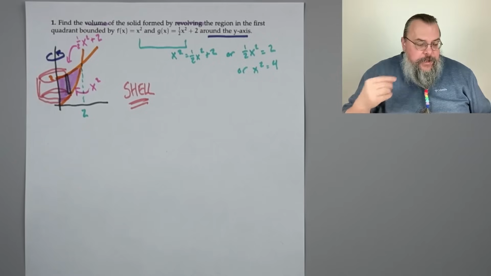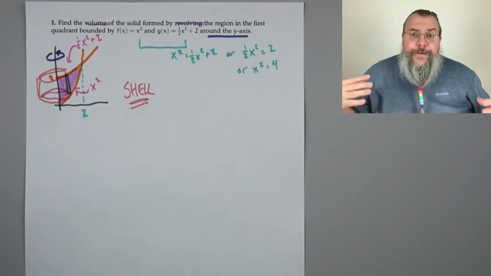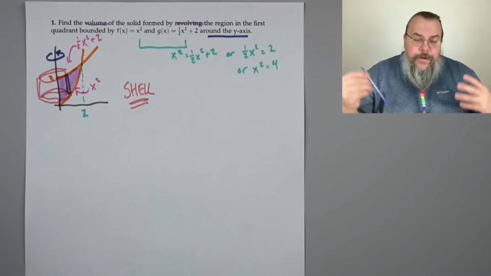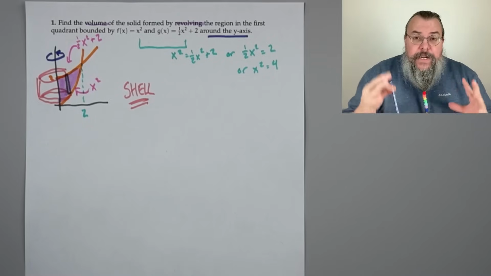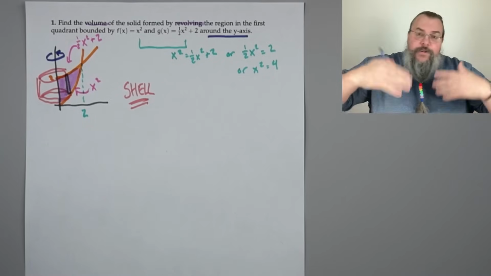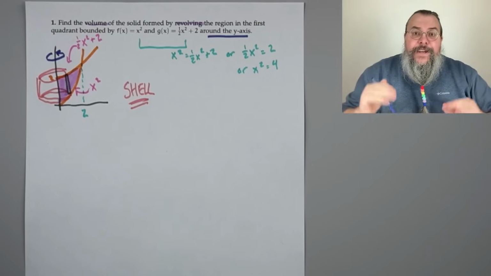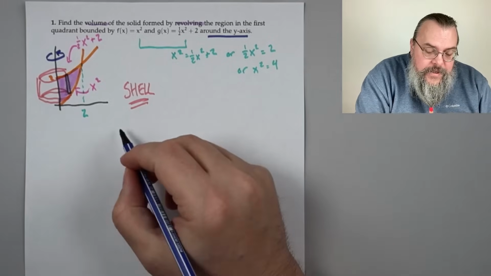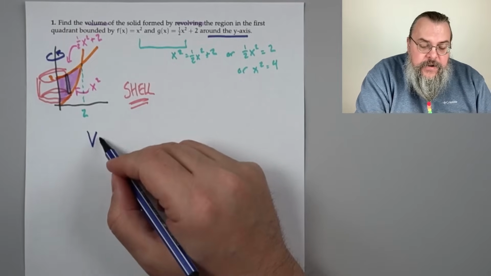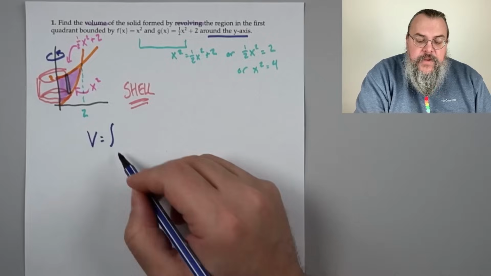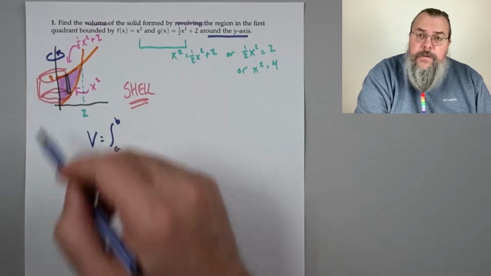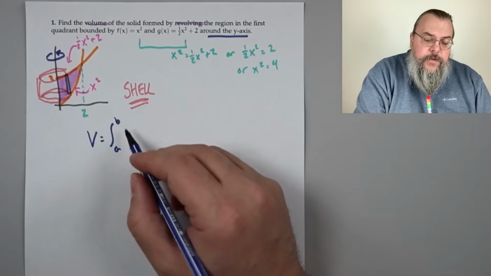We have to dig through our memory, say what's the right formula? Well, for that, I like to say, remember how things break apart. So I don't try to say, oh, it's f of x, g of x, blah, blah, blah. That's hard for me to remember. So I say, look, everything in integration is about adding up. So we're adding up our pieces. You say, well, what's the volume of a little piece? Well, for shell method,